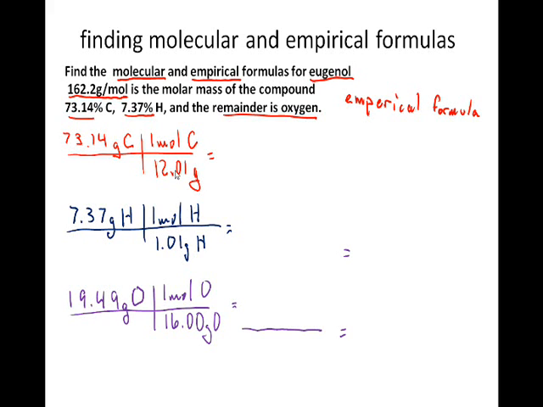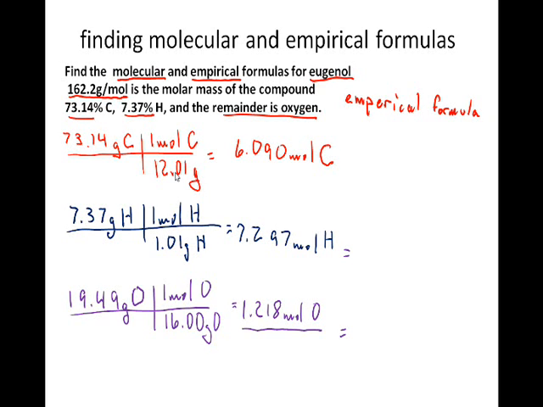And so we end up having just a little more than 6 moles of carbon. I've carried out the sig figs here in this intermediate step quite a ways. We have 7.297 moles of hydrogen, 1.218 moles of oxygen. So the poem goes: change percent to grams, grams to moles,